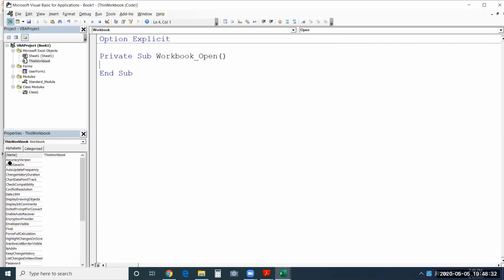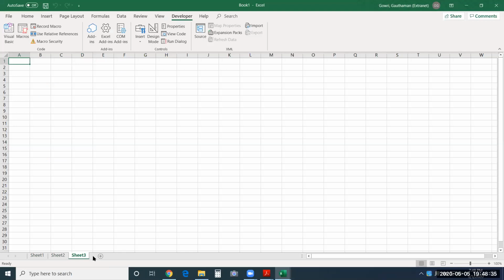See, assume we have multiple sheets. If I select sheet 1, that means I have activated it. Activating a sheet is different. And if I have multiple workbooks and I select any particular workbook, then I'm activating the workbook. So activating is the same, going and selecting that object. You're activating it, but the level is affected differently. Sheet is a different level, workbook is a different level.